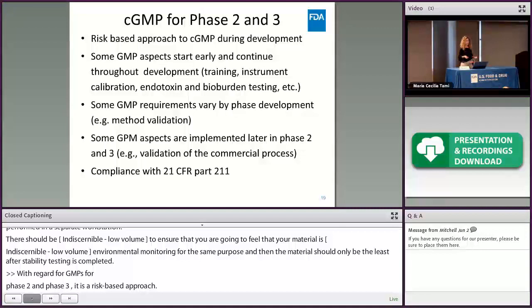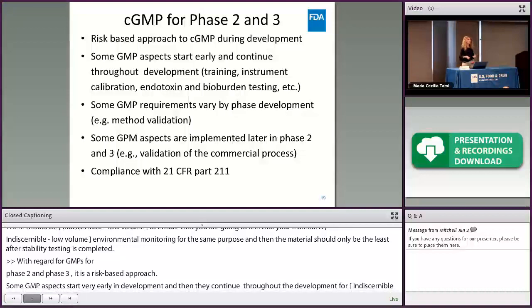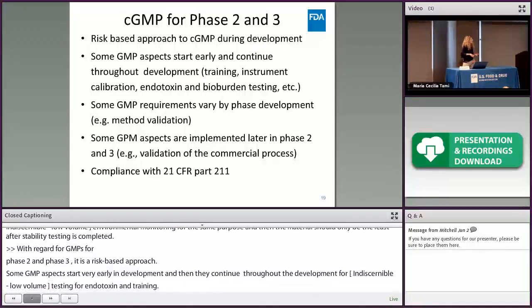You always want the operators to be trained to do the task that they have to do. Calibration of instruments, that is really expected from the very beginning. There are some other aspects that